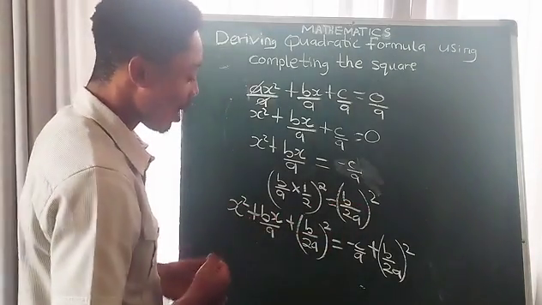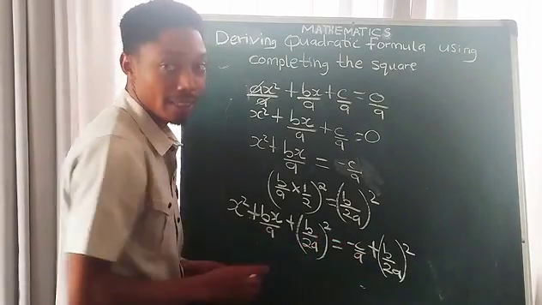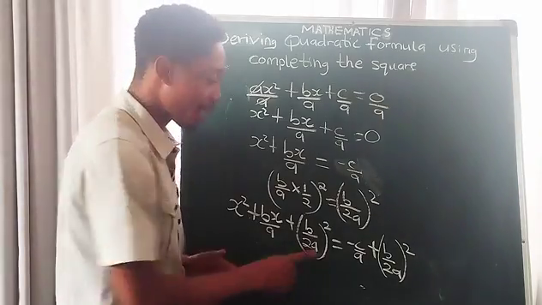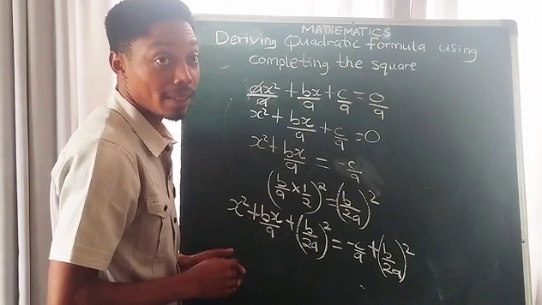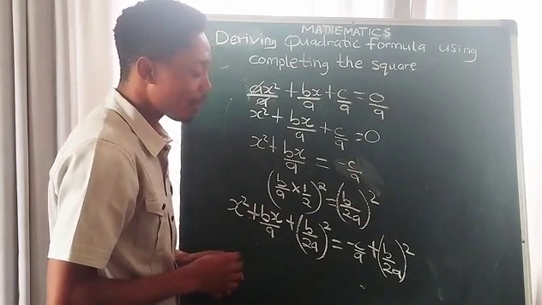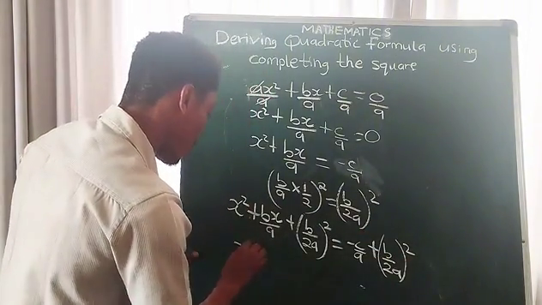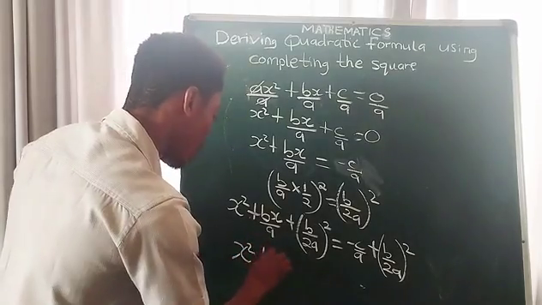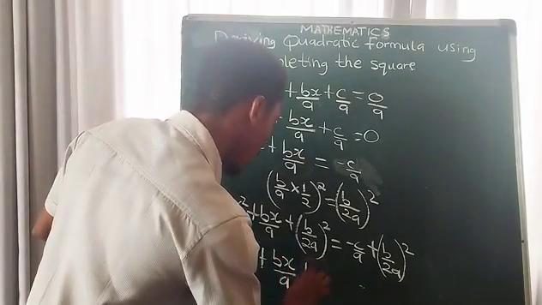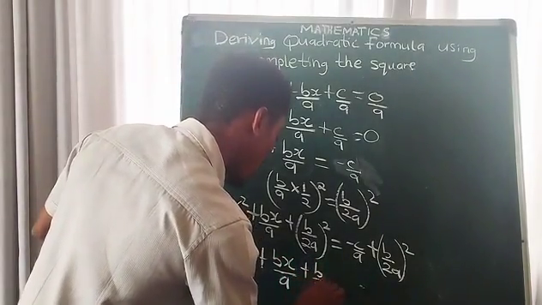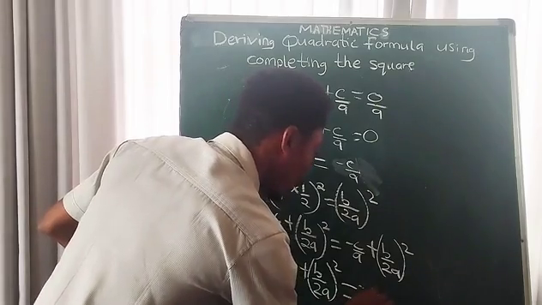So the next thing we move ahead to do is that we are going to expand. We're going to open that bracket. This bracket we see here, we're going to open it on this other side. We'll open this bracket, and when we open this bracket on the right hand side, that's what I mean. That will become x squared plus bx all over a plus b all over 2a all squared equals minus